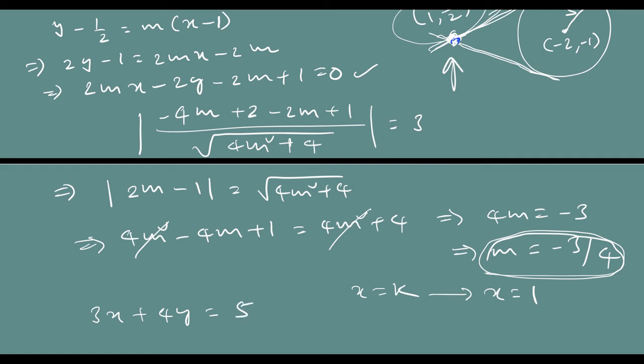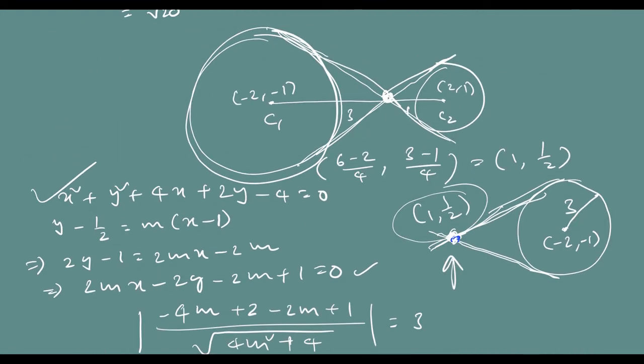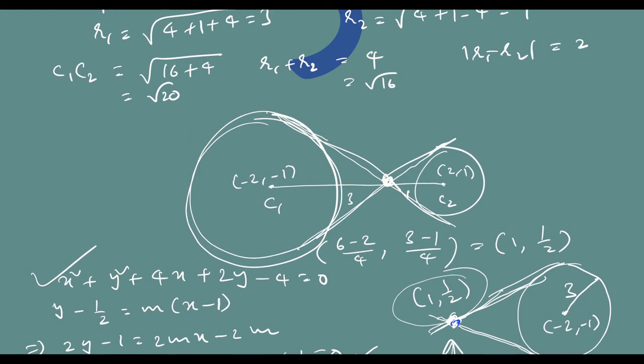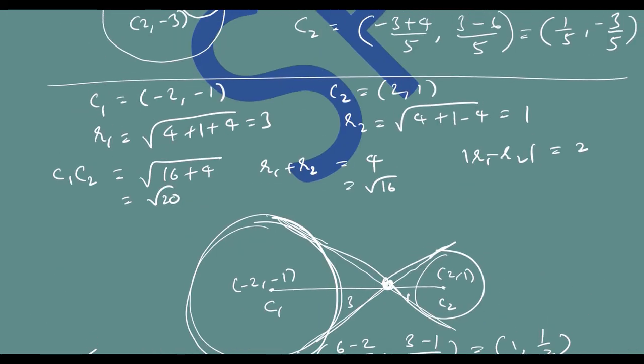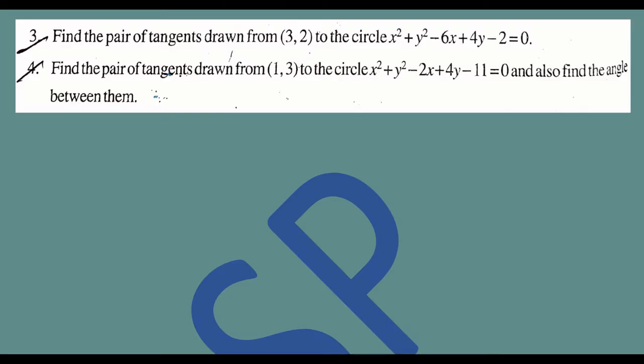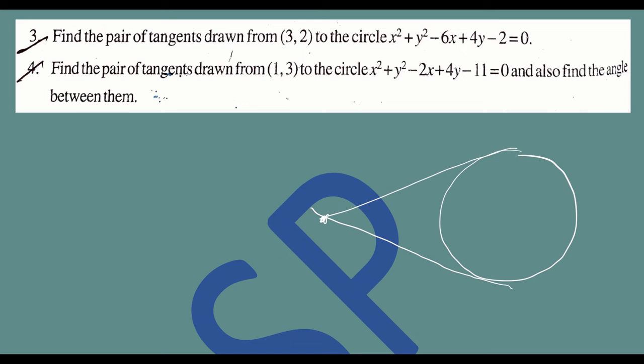Okay, now similarly you can do the other part of the problem, that is finding direct common tangents to the circles. I leave it there. See these two problems 3 and 4, we simply apply technique 2, you'll get them. It is nothing but part of above problem only, this problem. Okay, even in fourth one, you see after applying technique 2, we are going to find slopes of these tangents. And once you have slopes m1 and m2, you simply apply tan theta is equal to m1 minus m2 by 1 plus m1 m2 to find the angle between them. So I leave this also. Okay.